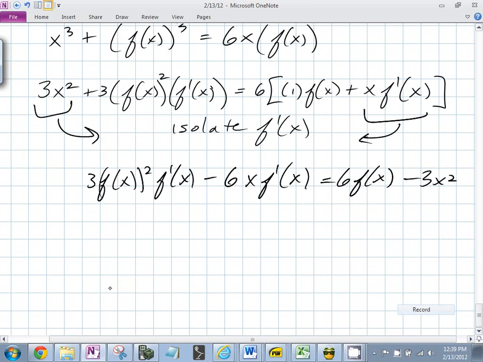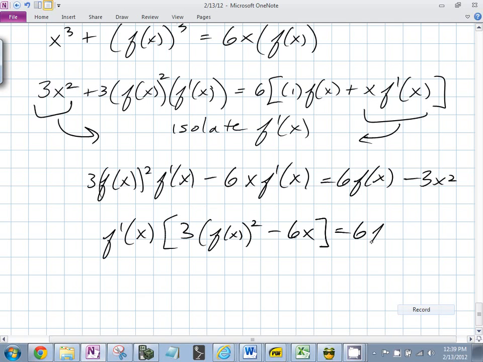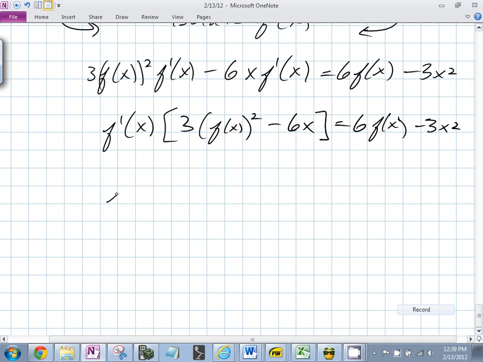What can we factor out now on the left? We can now factor out f prime of x, and we end up with 3 f of x squared minus 6x equals this thing, right? The same thing. We haven't done anything to the right. Minus 3x squared. What can we divide by now? The 3f of x squared. So f prime of x is going to be equal to 6f of x minus 3x squared all over